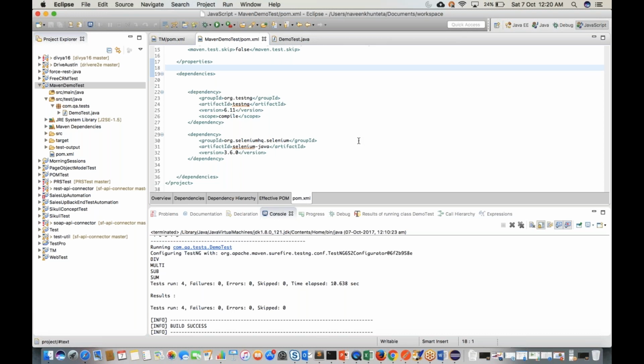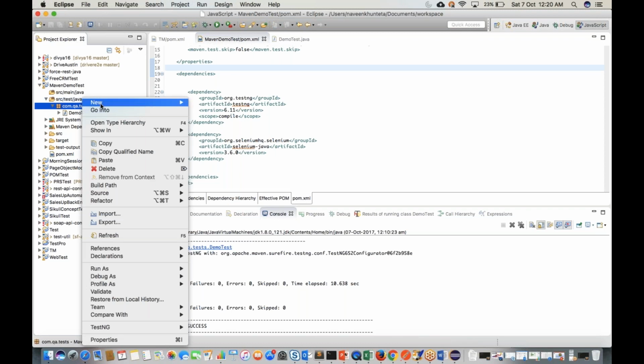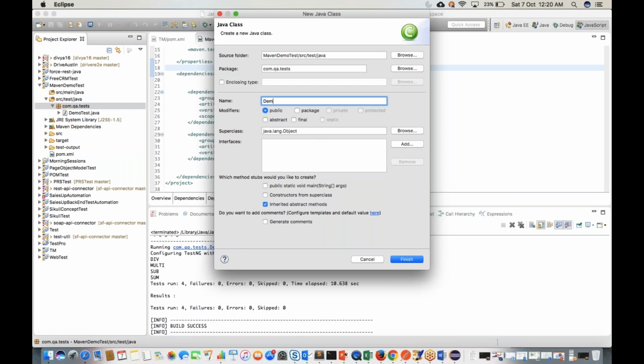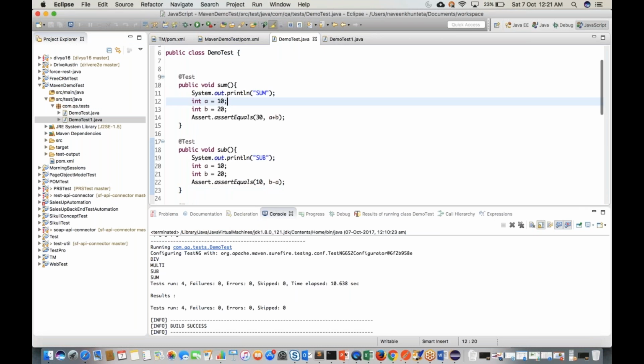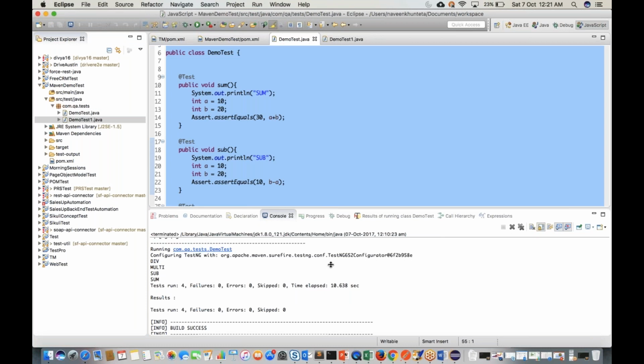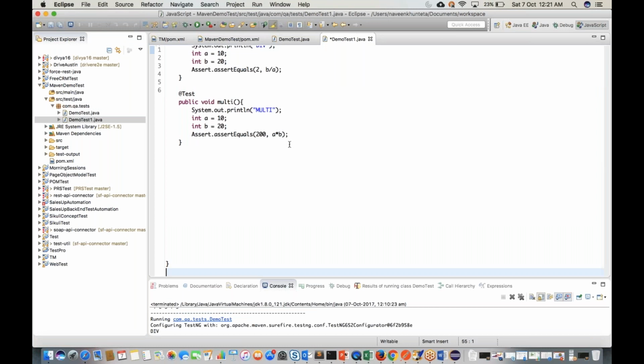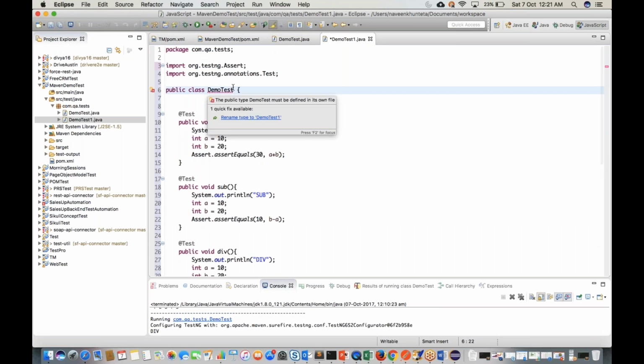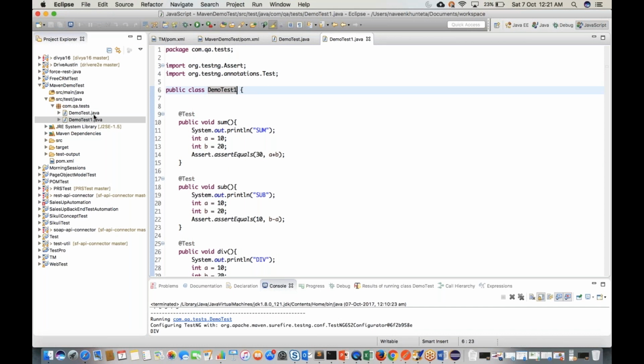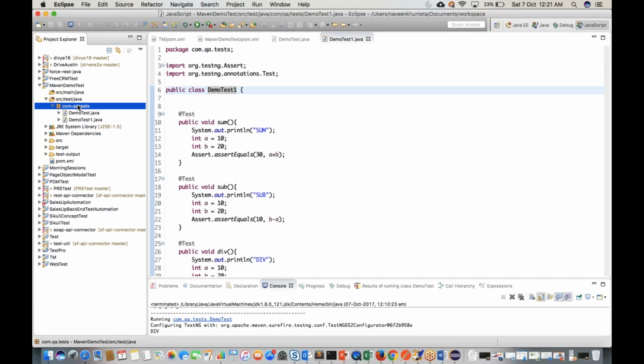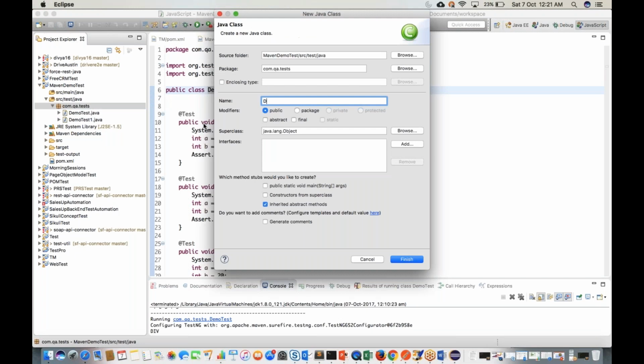But if you want to enhance something, if you want to customize or configure something extra, let's say I want Maven to execute all my TestNG classes. Okay, so what I'll do, let's see, I have two classes. One more class is there, the demo test1 class. Demo test1 class is available. And I'll do one thing, I'll just copy this entire content inside the demo test1. And so I have two classes, demo and demo test1, and let's say I'll create one more class, demo test2. Click on finish,